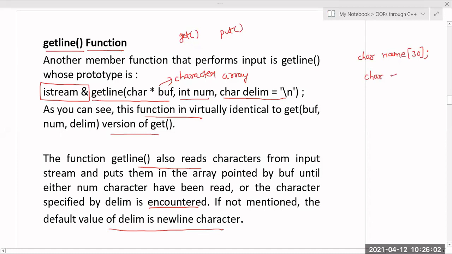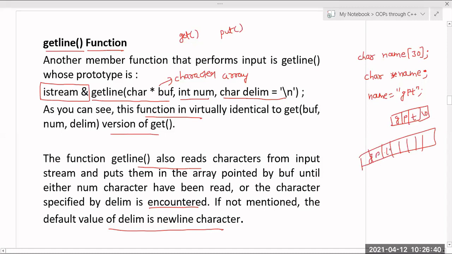Or you can write this by using another way, that is nothing but a pointer. Whenever you create this pointer, automatically it is a character array, but it will allocate the memory only for what you assign. If I write name = "GPT", then in case of the array, this GPT will be stored and the remaining 27 spaces will be wasted. But if you are using this character pointer, only the memory for the characters present will be allocated, so GPT and the last will be \0. But in case of the array, total 30 bytes are allocated, 30 bytes: GPT comes, \0 comes, and the remaining 26 will be wasted.